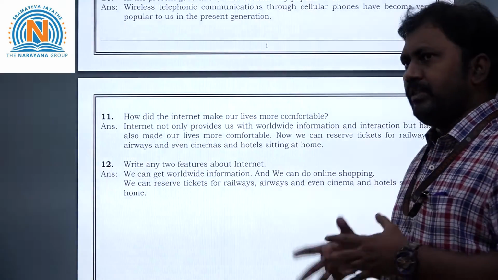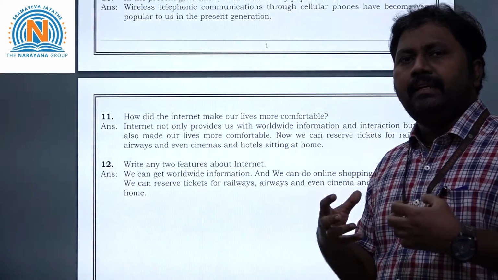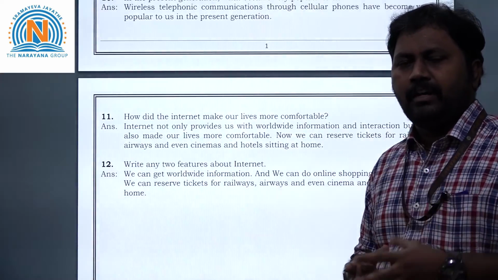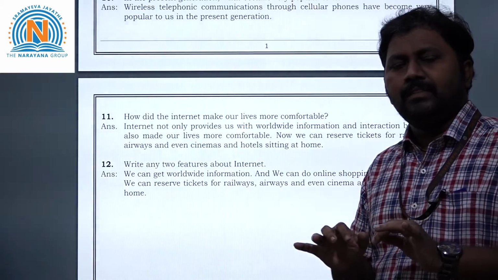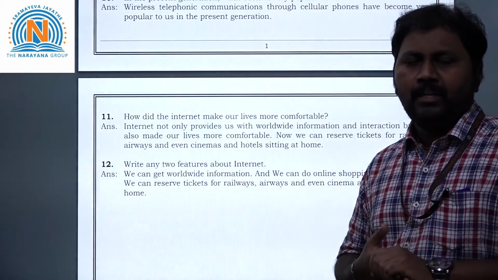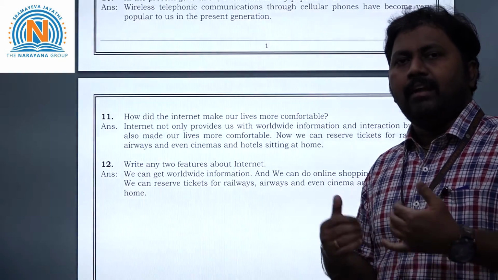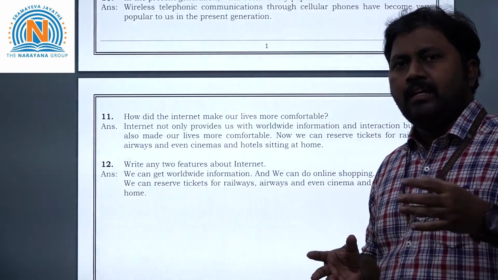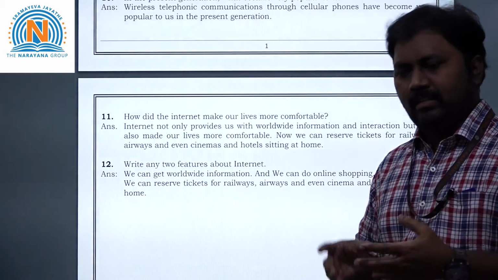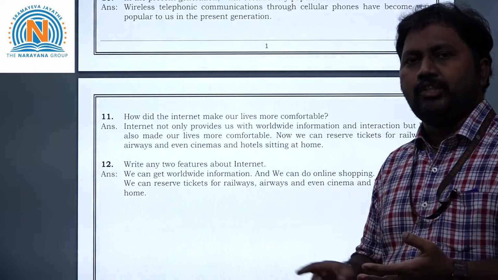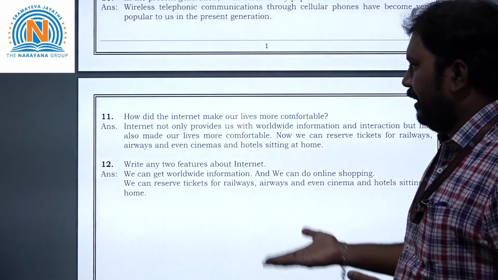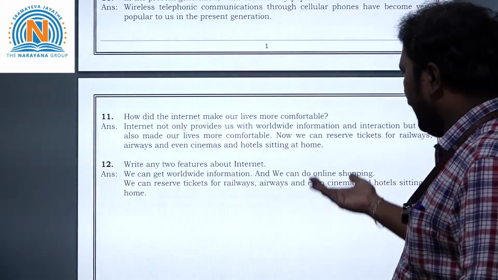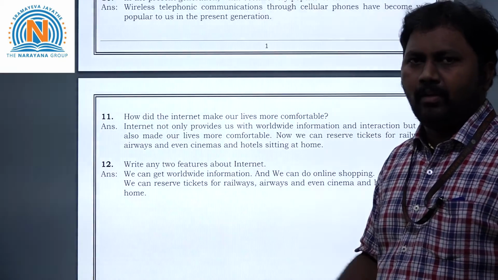That means by using this internet, we can find anything. For example, if you don't know the meaning of something or want any information, everyone will open what? Google. So we search in Google Chrome and find the information we want. And not only that, by using the internet we can book tickets and do online shopping, everything. So many features are there, but we discussed only two features here: we can access information, and also do online shopping, ticket booking and all this.